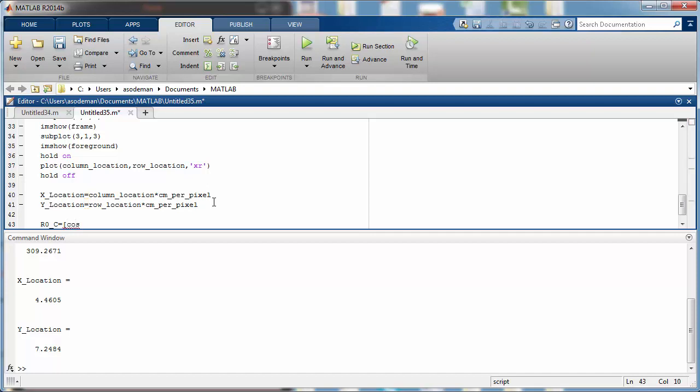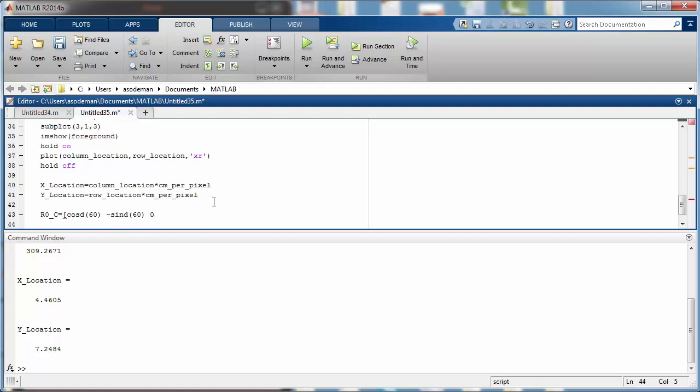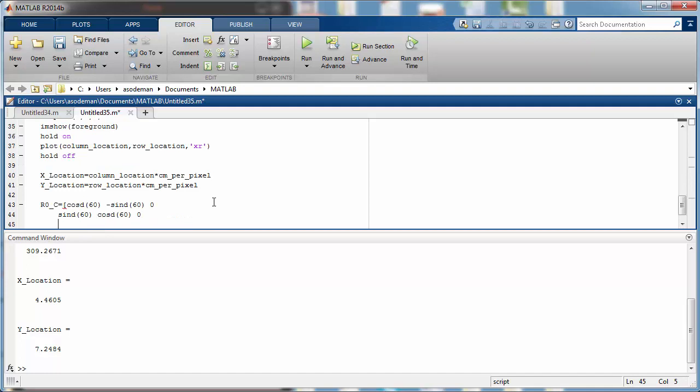This is equal to the cosine, and then I'll put D because I'm going to give these angles in degrees, of 60, then the negative sine of 60, and this will be multiplied by my other matrix,